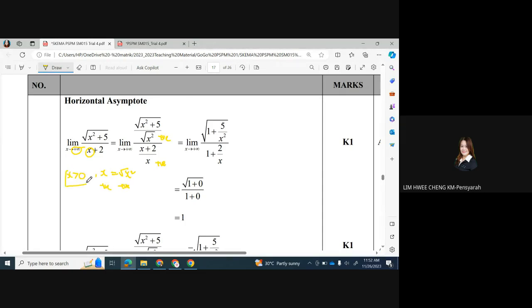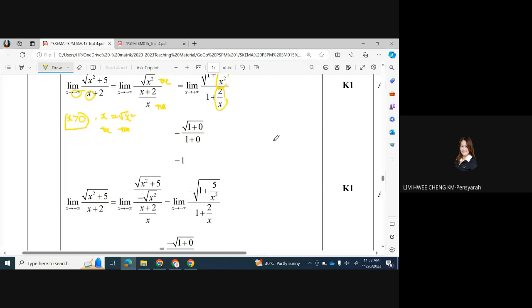Okay, dia positif. So maka saya akan simplify square root of 1 plus 5 over X square, 1 plus 2X. So tempat yang ada ini akan jadi kosong. So saya akan dapat 1. Okay, untuk square root ini